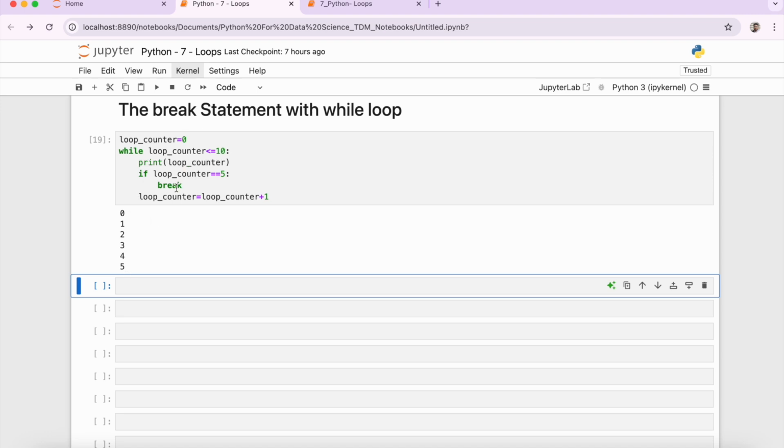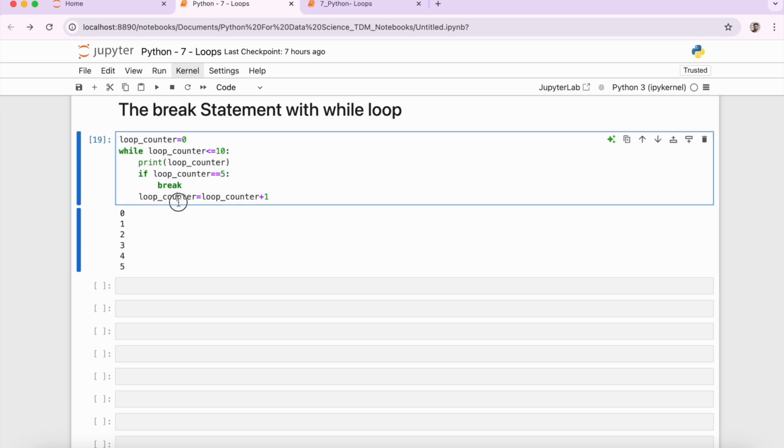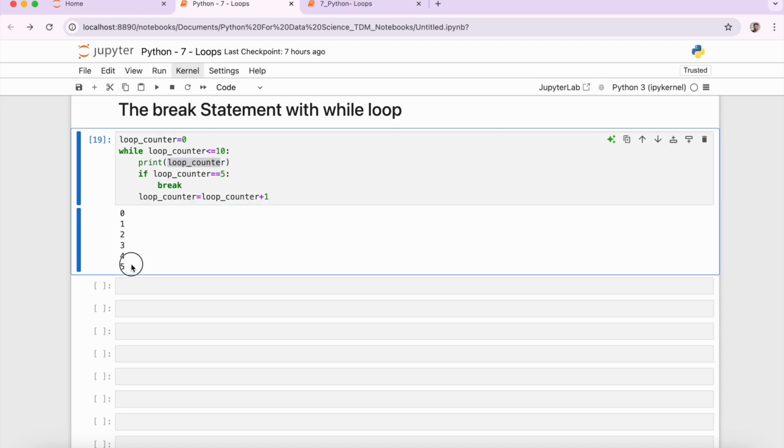So what's happened over here? For each iteration the loop counter is getting incremented. Initially it was 0, so 0 is less than 10, so the loop counter got printed as 0. On the next line it checks whether the loop counter is equal to 5 or not. It's not. Then it goes to this line and the loop counter is getting incremented, and it keeps going till 5. So when the loop counter is 5, the 5 is getting printed,